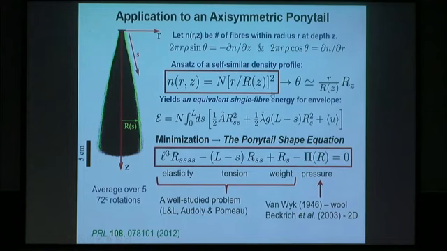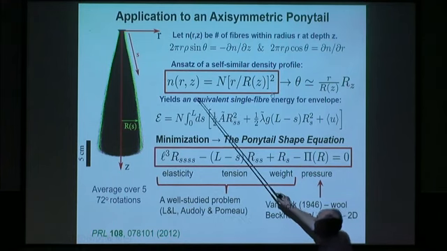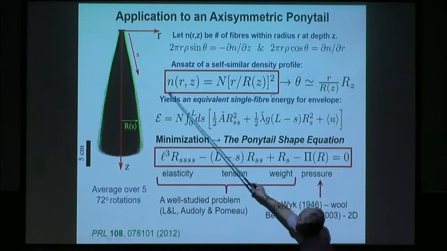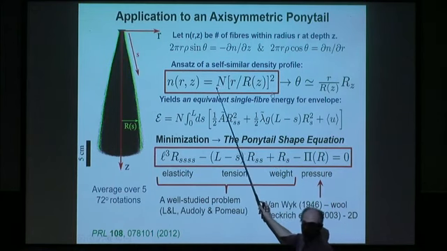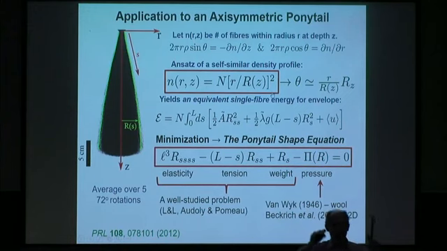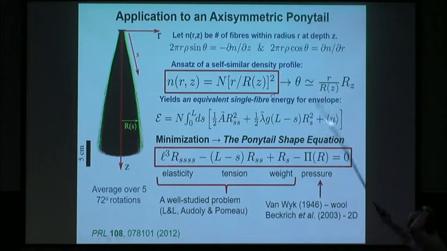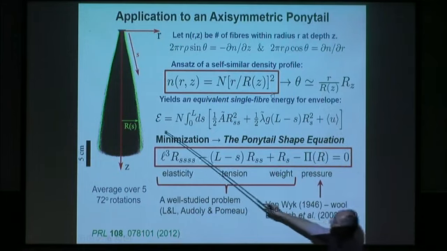So I'll just go real fast through this. If you basically say that the problem has a very long aspect ratio, so that the number of hairs in a radius r scales like r squared, so that the density is uniform, and where capital R of Z is the edge of the bundle and n is the total number of hairs, you have the simplest picture possible, that at every height, everything is just uniform in density and scaling with the outer boundary. And the other statement to make is that that tangent angle basically just interpolates from 0 in the center to whatever the slope is at the edge linearly. And if you know that, you can actually solve the problem, and you can write the energy in terms of the boundary of the shape.